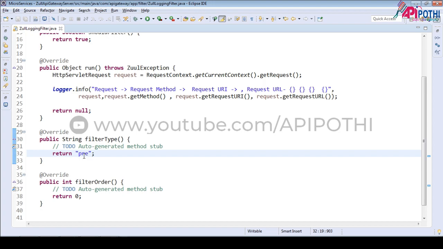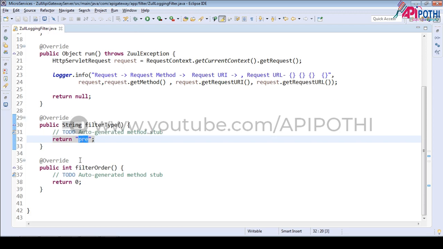Third one is post, which is about the response, meaning filtering the response. Whatever response comes from the services, if you still want to filter it, you can filter it in the API gateway also. So the first two arguments are about the request, and the third is about the response.